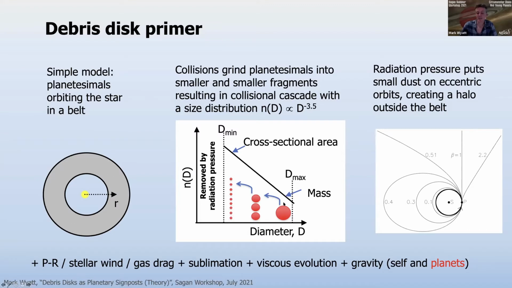The characteristic size distribution you get out of this process is one in which most of the mass is in the biggest objects, and most of the dust, and most of the cross-sectional area, which is what you see, is in the smallest dust. Now, the very smallest dust, below around a micron in size, is blown out by radiation pressure, by the interaction with the stellar radiation, as soon as it's created. But even dust that is just above this blowout limit, which has most of the cross-sectional area and is most of what we see, is affected by radiation pressure, which puts it onto highly elliptical orbits that cause this halo just outside the planetesimal belt. Now, there's a whole bunch of other physics that could be going on in a debris disk, but this is enough to be getting on with.